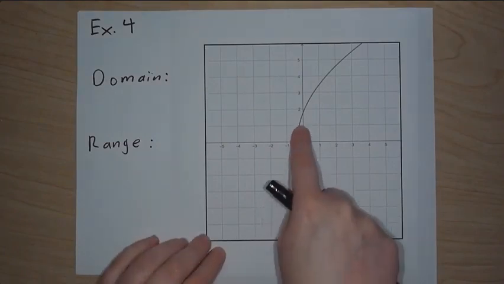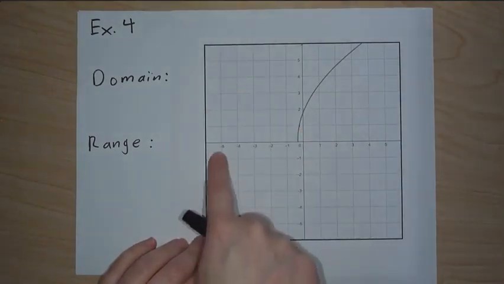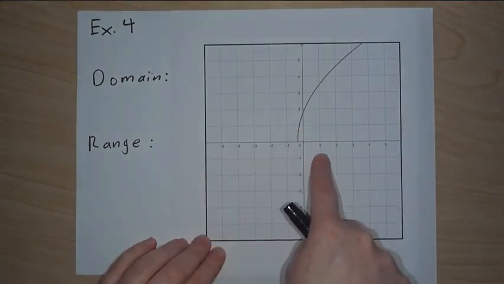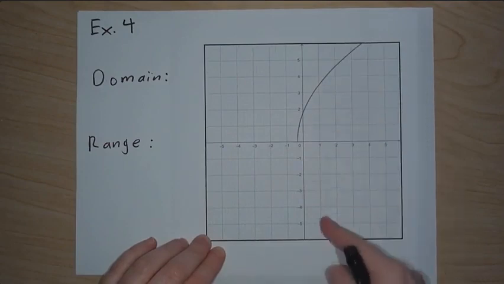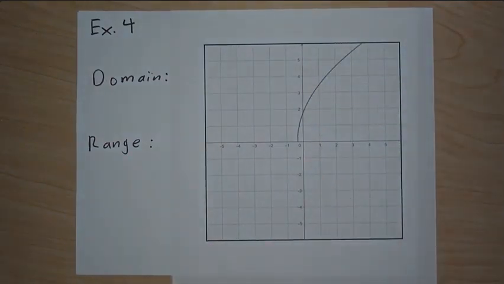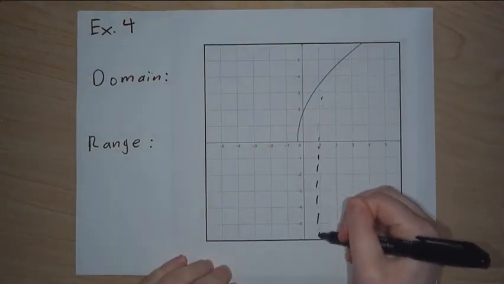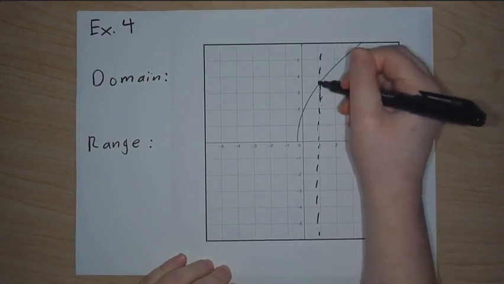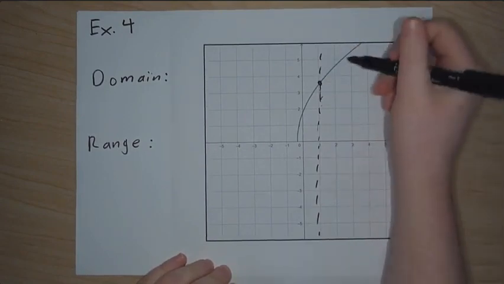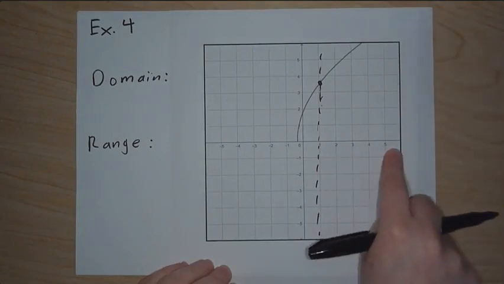So if you look at our graph to look at the domain, we're going to look at each x value that it can possibly be. So drawing vertical lines, will it touch the function? So for example, if we draw a vertical line at 1, up and down, wherever 1 is, it'll touch the function here. Right? So if we do that over and over and over again, we'll find out what x values